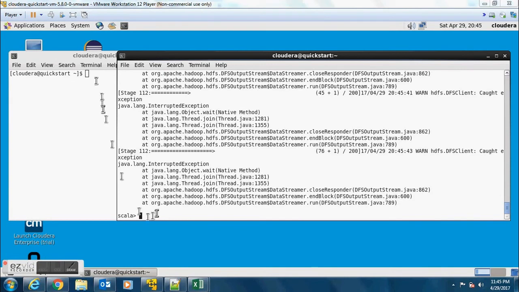Okay, so this has completed. So let me just confirm if the data has been copied to the specified folder or not. For that, all we need to do is